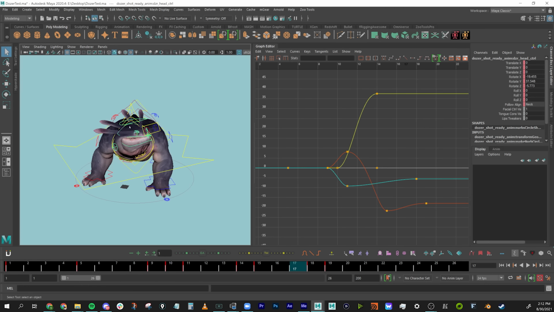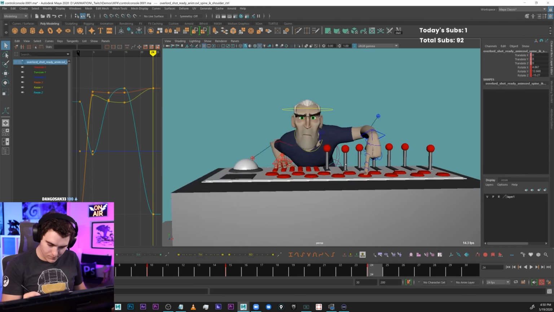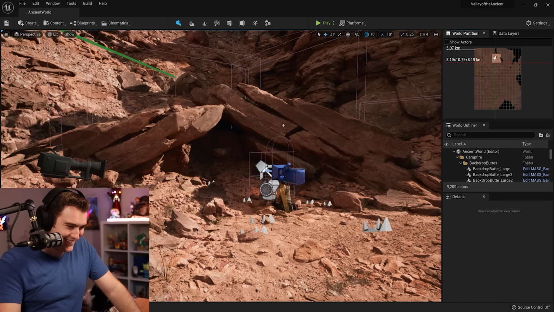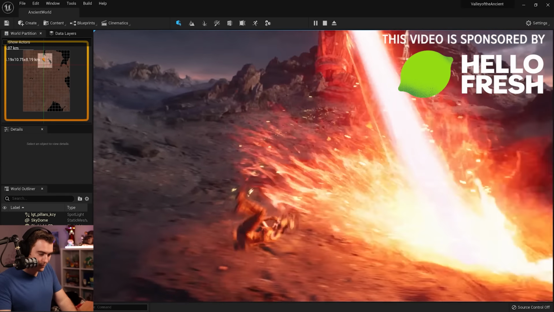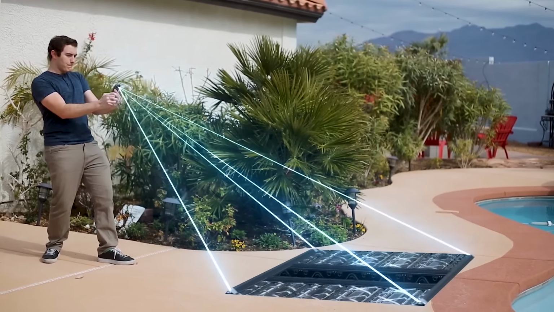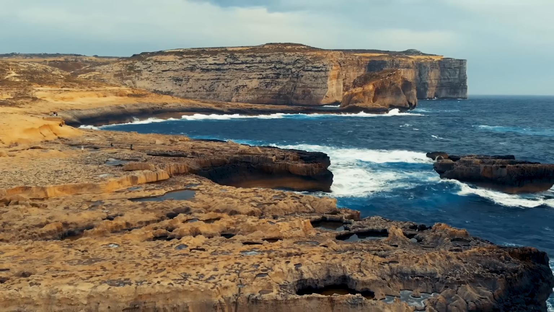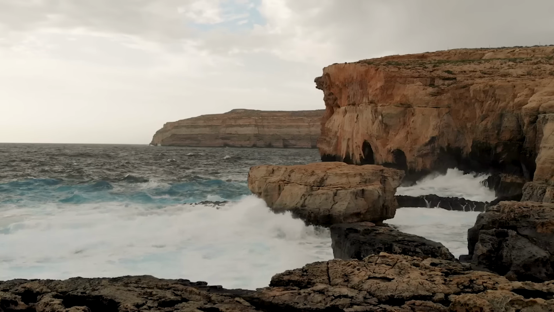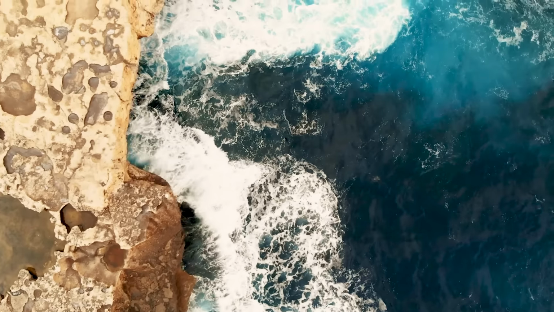I've been using Maya for almost 10 years, and while I really like it, there's a lot of other tools that keep coming out, or have been out, that I have just wanted to learn for years at this point. And honestly, it's been a little frustrating because I used to be someone who would spend every single day watching tutorials and trying new things and making little short films and projects and all kinds of stuff. But as I've been getting older, I just don't have much time to do those kinds of things. And at this point, I've just become so frustrated with that process and that cycle that I decided, screw it,